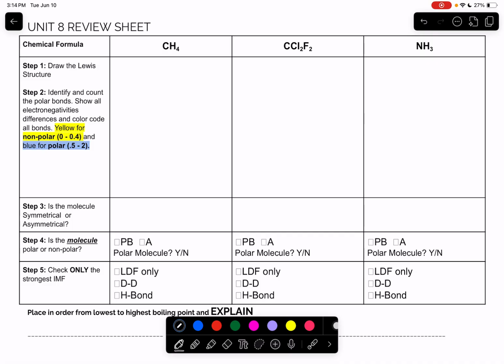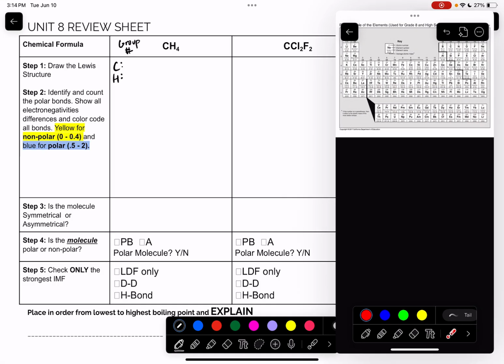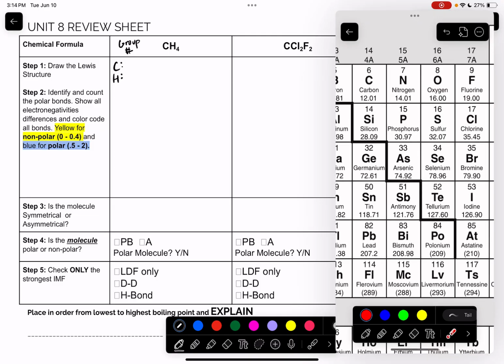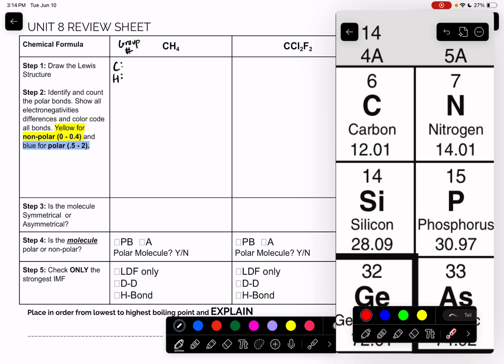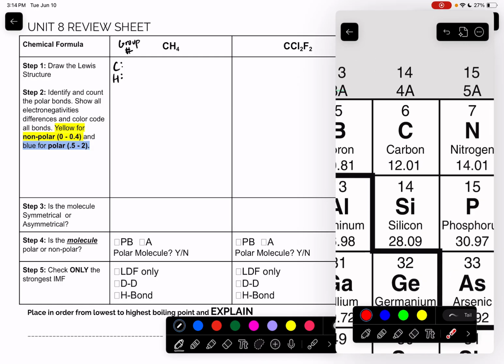So what we're going to do first is our electron count. I'm going to start by writing down the atoms that I have in the structure, which is C, carbon, and H, hydrogen. Then I'm going to look up the group number, which lets me know the number of valence electrons that atom has. That's the short way of figuring it out without having to draw a model for it. Since carbon is here in group 4,